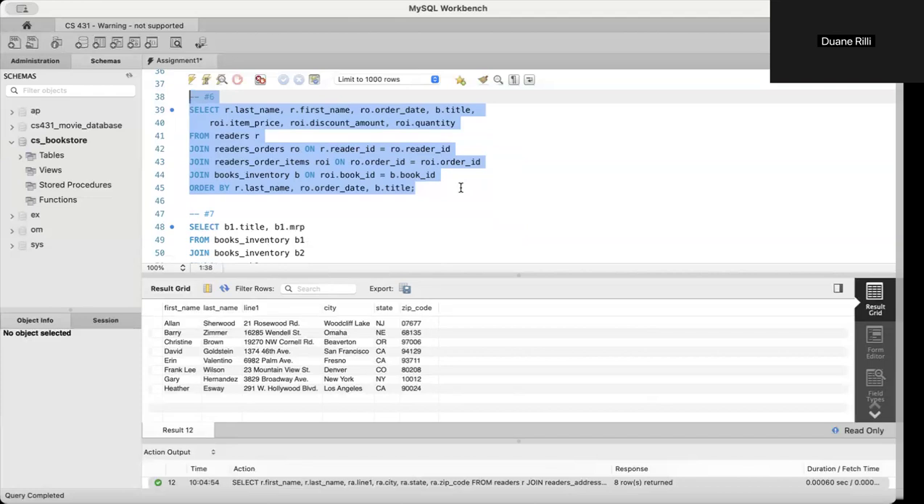Our next join joins the book inventory. We use the alias B for that one, and it links the order item to the book detail using book ID. And then last, we use the order by to sort it. So we're going to sort it by the last name alphabetically, the order date, earliest to latest, and book title